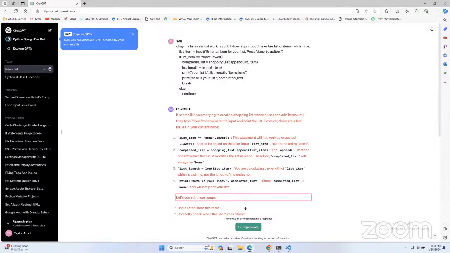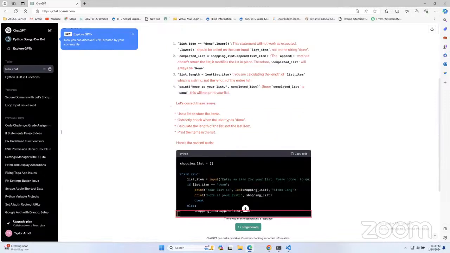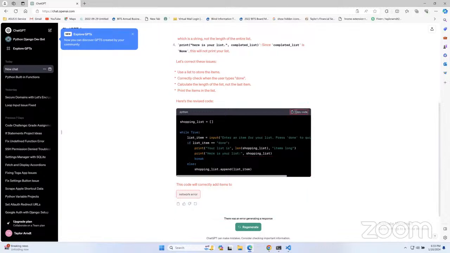Out of list, let's correct these issues. List: use a list to store the items correctly, calculate and print the items out of the list. Python: shopping_line_list = [] while True: